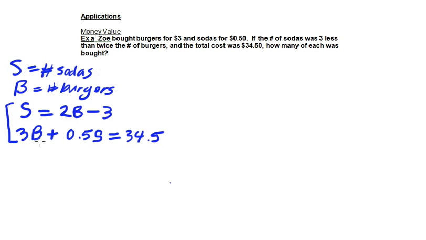We have S and B in the first equation, and B and S in the second equation, and we can either use elimination or substitution. Now, because this first equation has S isolated, this is very sensible for using substitution. And so what we want to do is everywhere that we see the variable S in the second equation, we will plug in the value that we've assigned based on that first equation. So we're going to rewrite that second equation, 3b plus 0.5, and now instead of writing times S, we're going to write in 2b minus 3